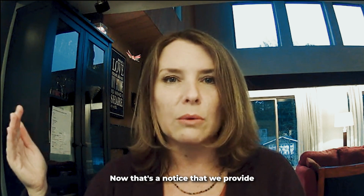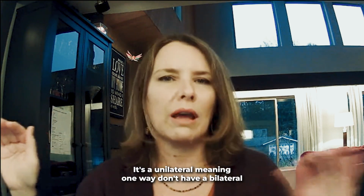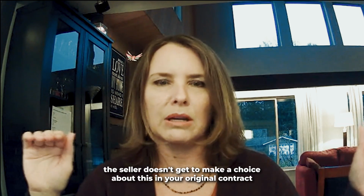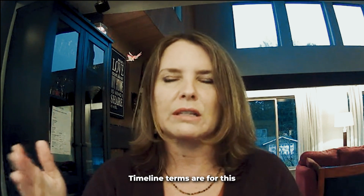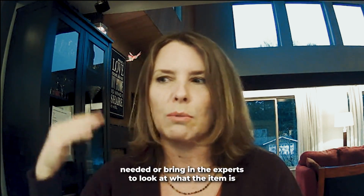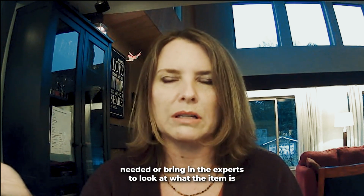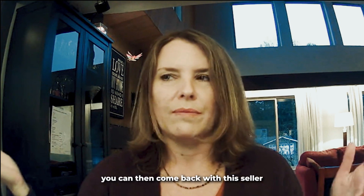Now that's a notice that we provide. It's a unilateral, meaning one way. Not a bilateral. The seller doesn't get to make a choice about this. It's in your original contract, what the timeline terms are for this. So we put that notice out. We get the extra time to do the research needed or bring in the experts to look at what the item is. So then your fourth option is, once you've done that, you can then come back with, hey seller,